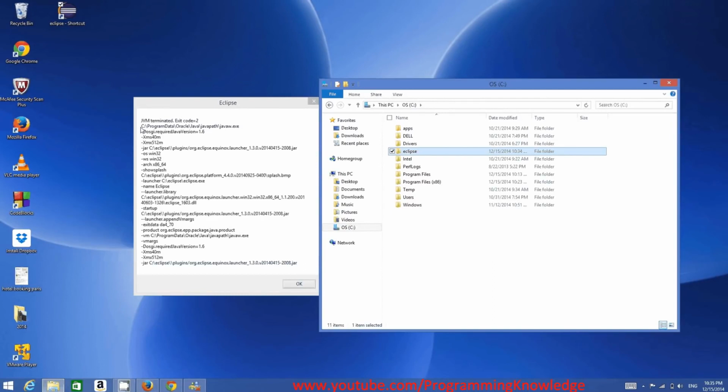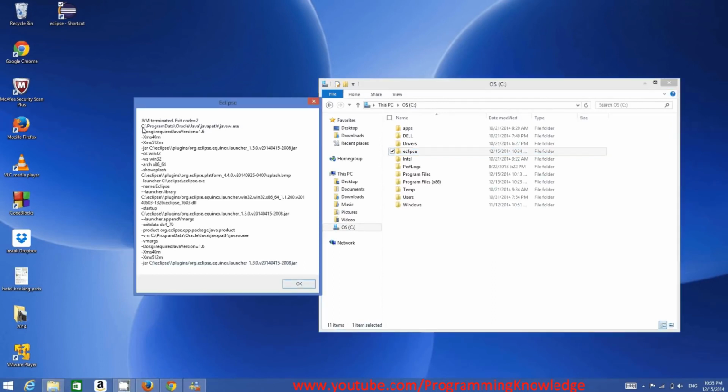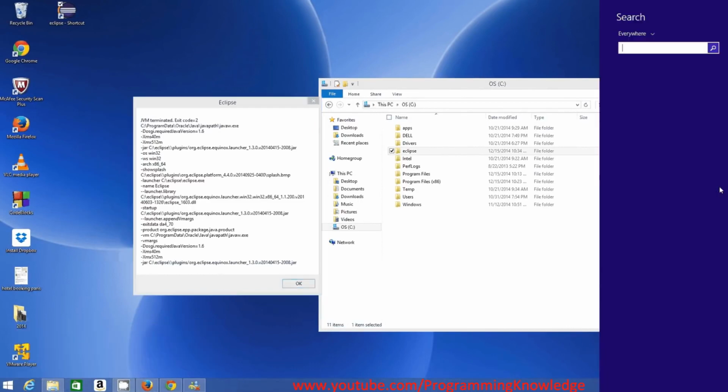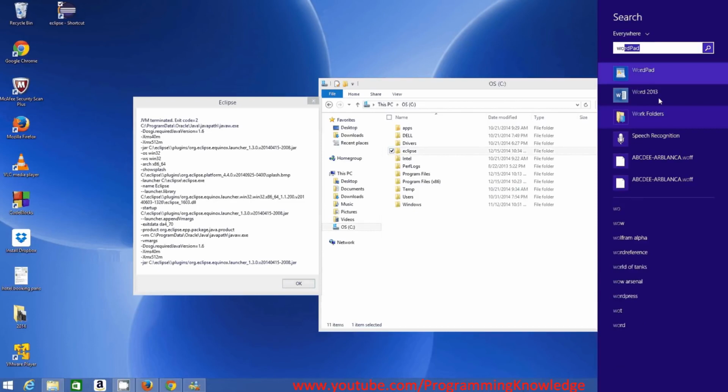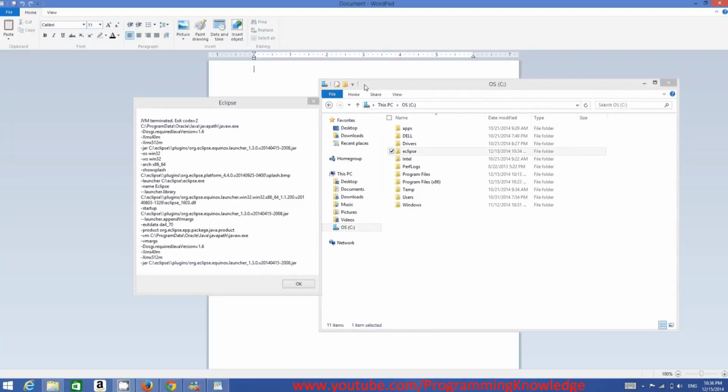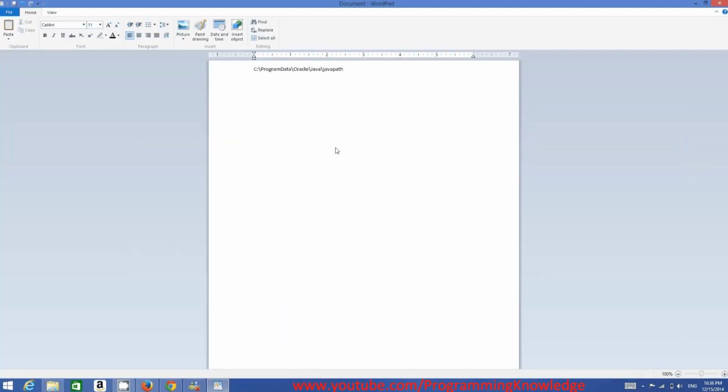This error is due to the environment variable setting of this C slash program data slash Java program path. Okay, so I will open Notepad or WordPad to give this location to you so that you can see it